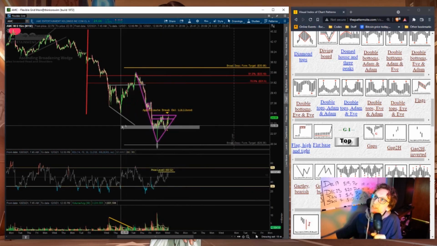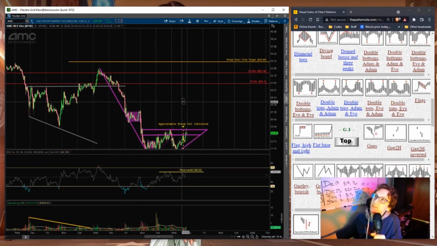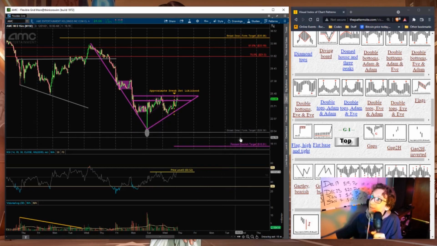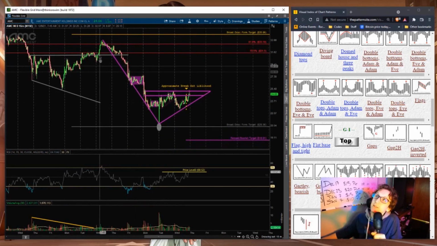So in purple, this is the pennant I wanted to show. It starts way up here towards $34, and it comes down to that intraday low we saw yesterday. Wow, how low was that? Wow, that was so low. $20.80. That's right, it was within 50 cents of my broadening ascending formation target of $20.36, and this was a loose target, and still we saw that play a crucial part in today's formation,